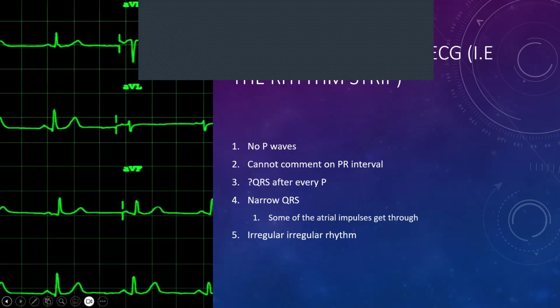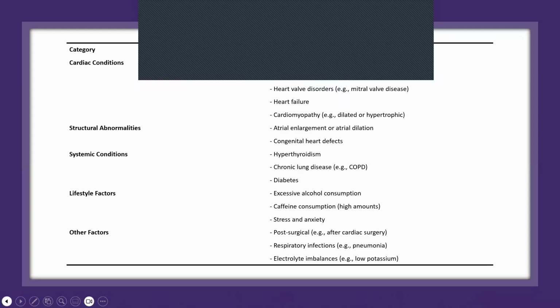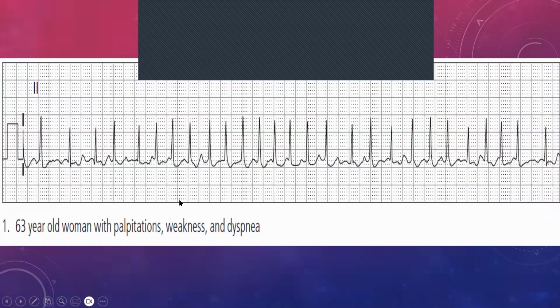So if we go back to our ECG that we saw at the start, we can see it fits all of those criteria. We don't have a definitive P wave. We don't have a definitive PR interval. We can't say there's a QRS after every P, but the QRS complexes are narrow and they are quite irregular. Now, with atrial flutter, which is probably one of the more common ones that's seen